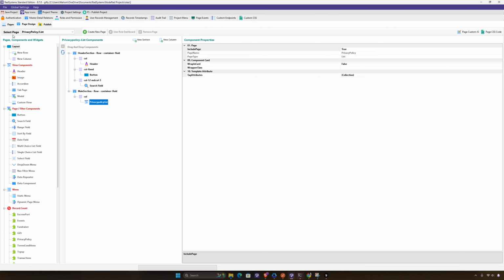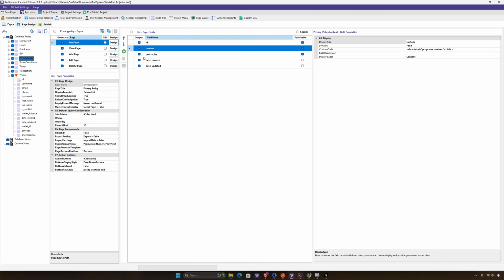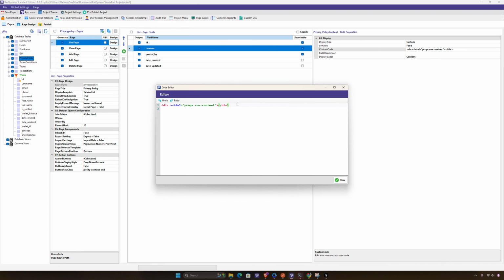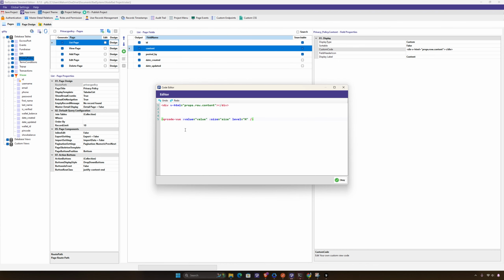The next thing I want to do is I now want to go to the list page, and on the content, because this is where I want to display this QR code, I'm going to just come here and I'm going to now copy this QR code here. Okay, copy that and paste it here. So now the value is going to be what we get here,